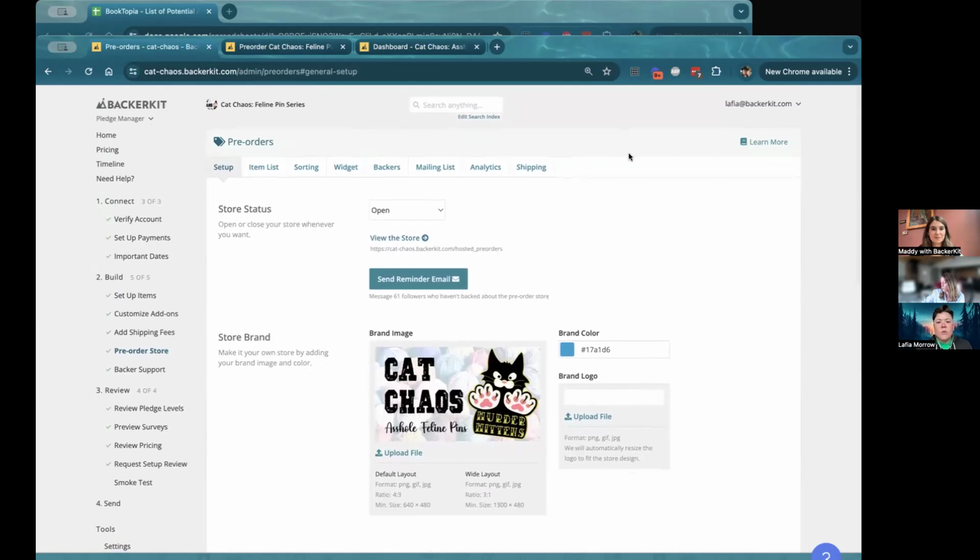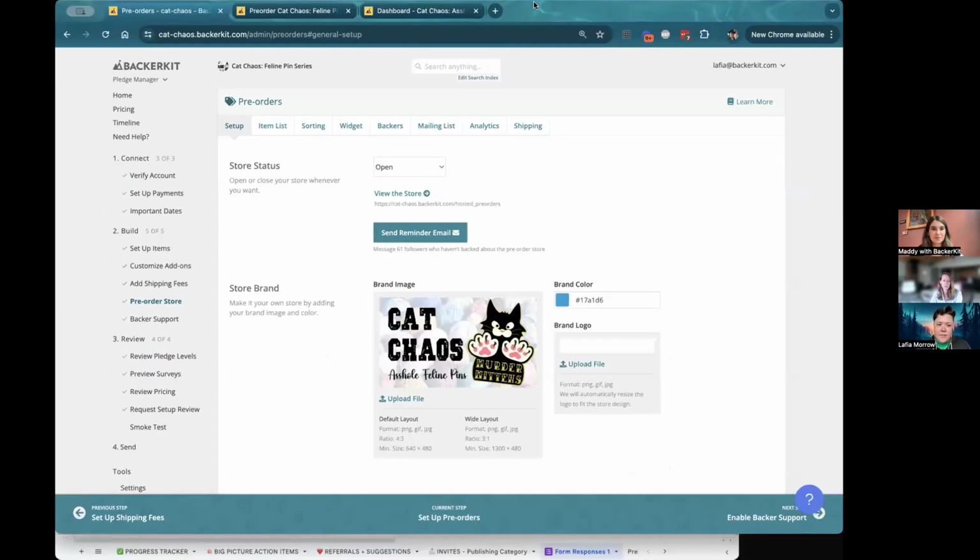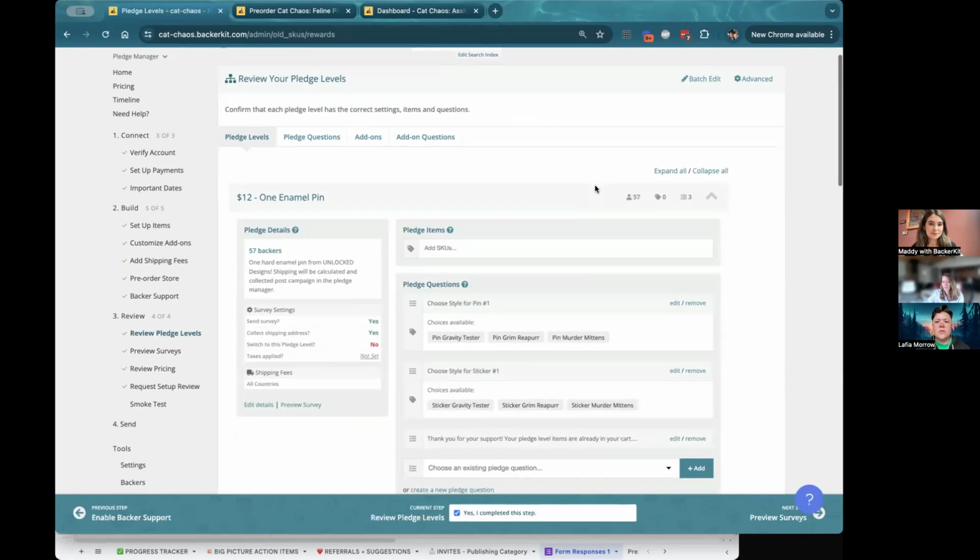And so, once your campaign has ended, you'll import your backers into the pledge manager and you'll set up what we call surveys. The term surveys comes because usually with crowdfunding, you're donating to a project in exchange for rewards. So it's slightly different from a regular e-commerce sale. So you send a survey and what you can do is set up, so say you have, in the book world,